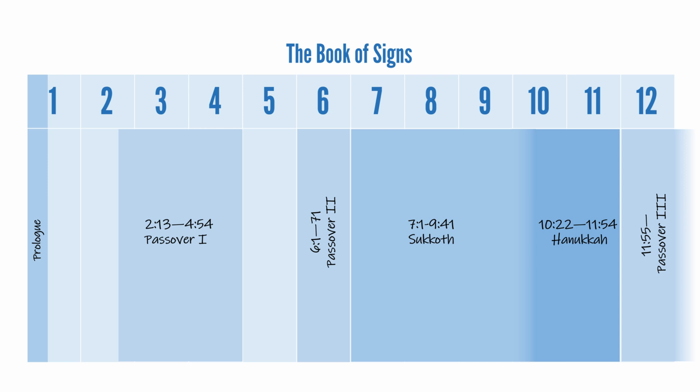As in the beginning of chapter 10, this last Passover also defies our neatly segmented outlines, because while the earlier festivals have worked to mark off subsections within the Book of Signs, the final Passover begins this way, but then breaks out of the Book of Signs and continues across the watershed boundary between chapters 12 and 13. In fact, the entire second half of the book, from 11:55 onward, takes place on and around the third fateful